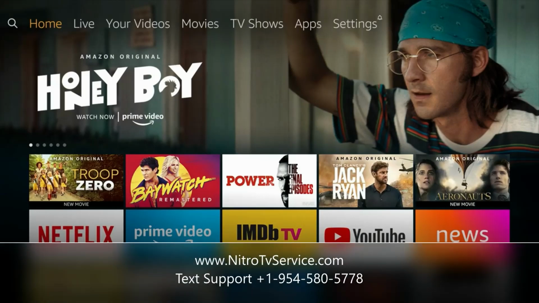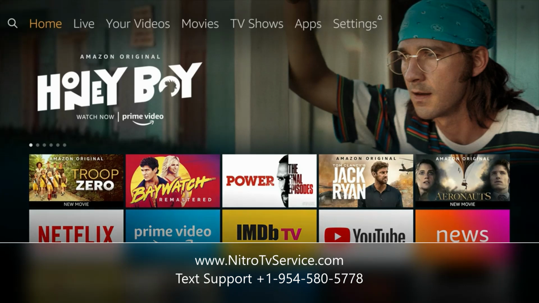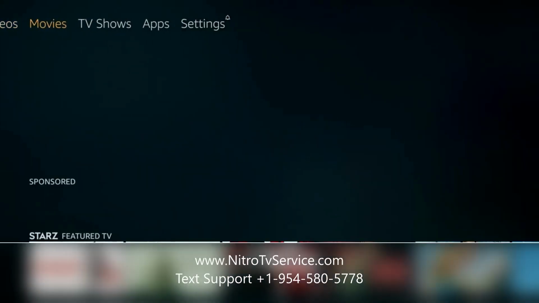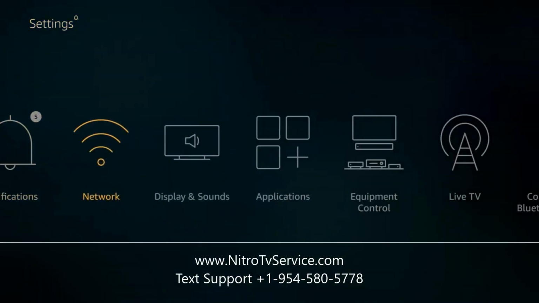So I'm gonna walk you through a few things that you can do to adjust your settings on your Amazon Fire Stick to enhance the speed on your device. And this goes for first gen, second gen, Fire Stick Cube, the Fire TV edition, 4K Fire Sticks, anything. So I'm gonna show you firstly in the settings how you can boost the speed of your